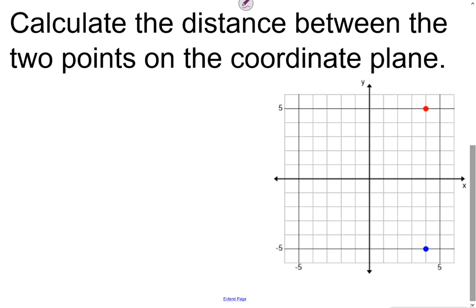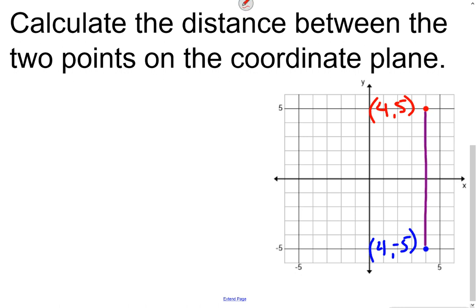Come down here. Same type of problem. How far is it in between our 2 points? We could count it, but we can also take a look at our coordinates. My red point is at (4, 5), and my blue point is at (4, -5). So how far is it in between them? Well, I like to go back to my